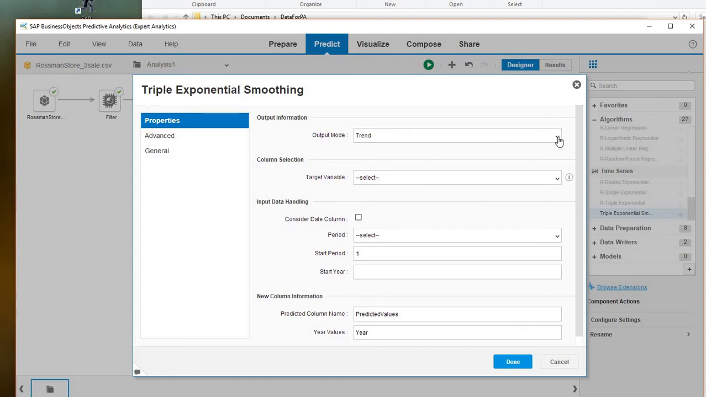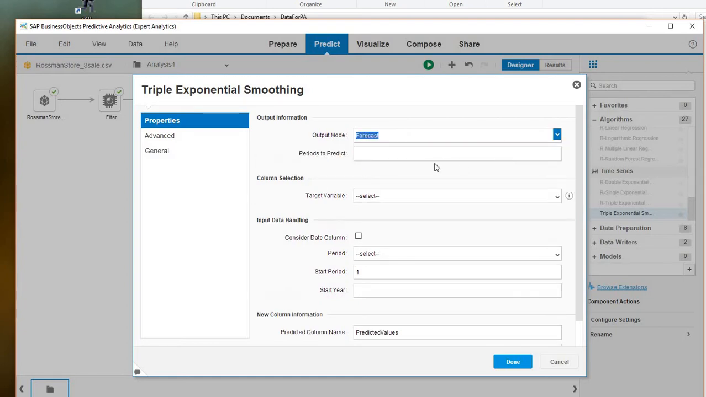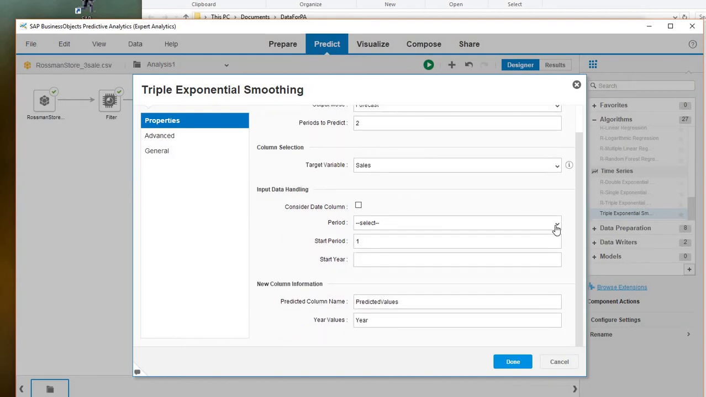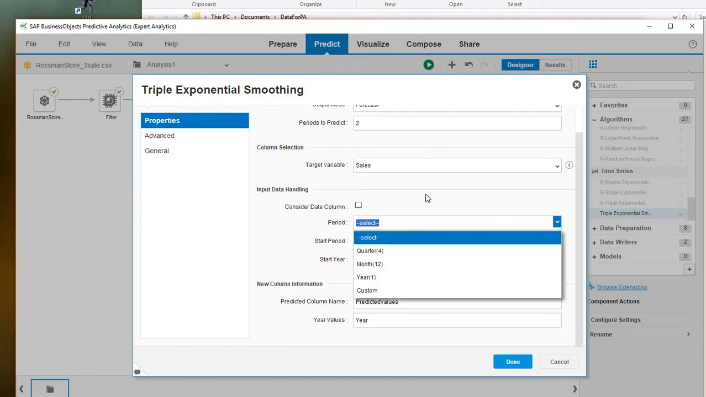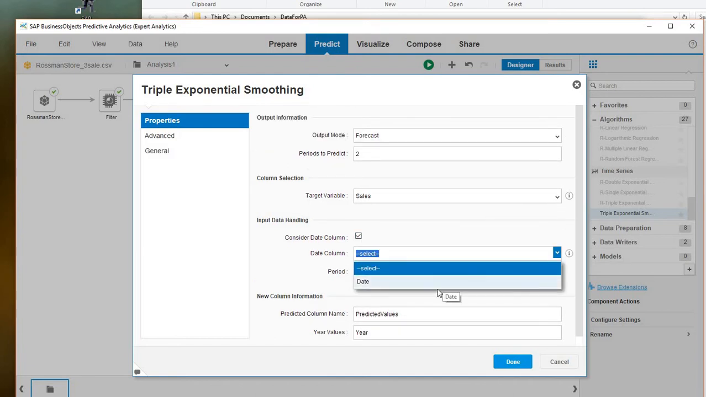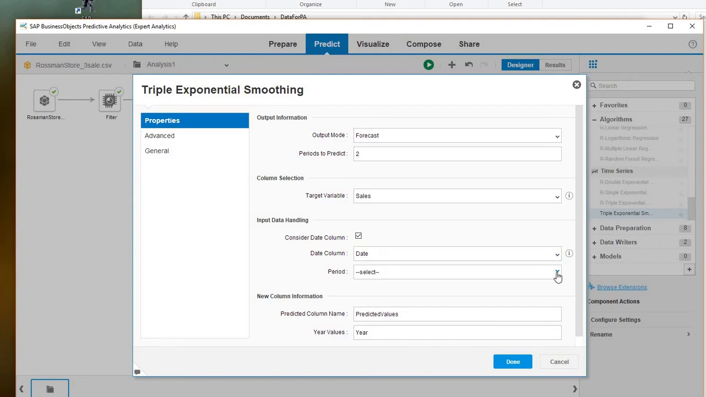So here we will do a forecast, and as I mentioned, rather than days, we will do quarters. So I'm going to predict for 2 quarters with the target variable of sales, and we're going to use the date column, and we're going to indicate the period we want to have is